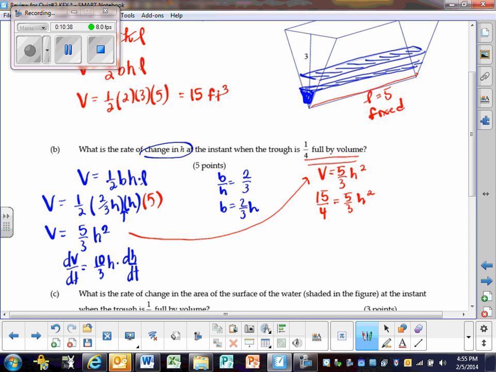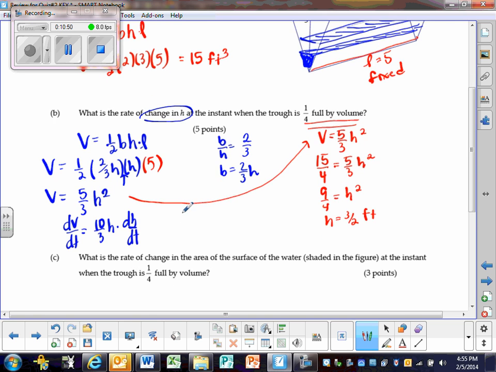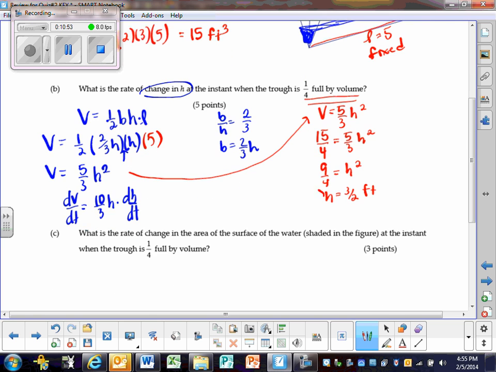I can then multiply by the reciprocal and get 9/4 is equal to h squared. So h has to be 3/2 of a foot when the trough is a quarter full by volume. I can now substitute that back into my equation with the change in volume, which, remember, is being siphoned out, so it's -2 equals 10/3 h